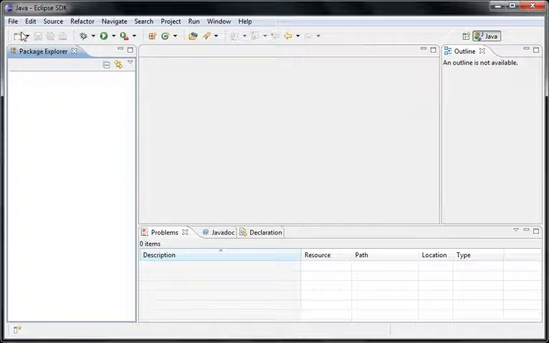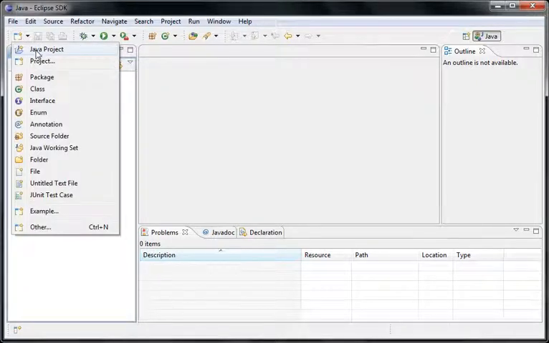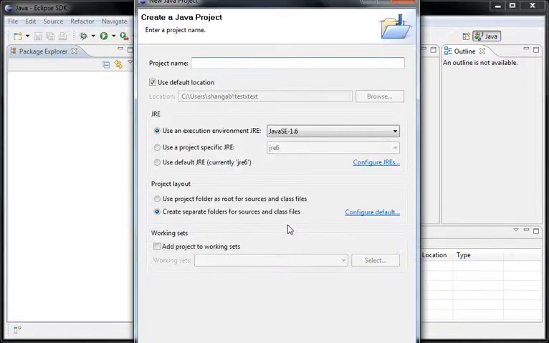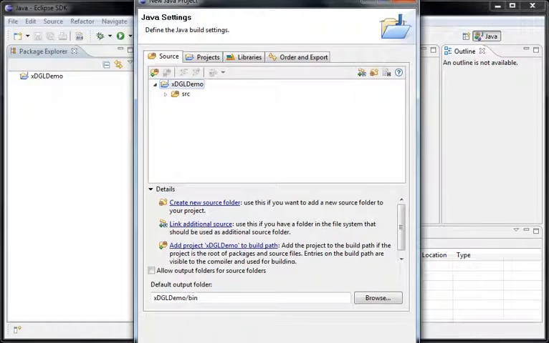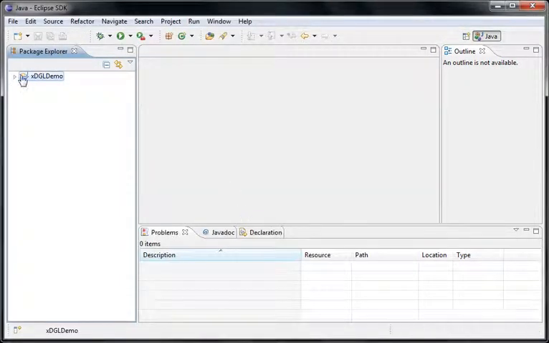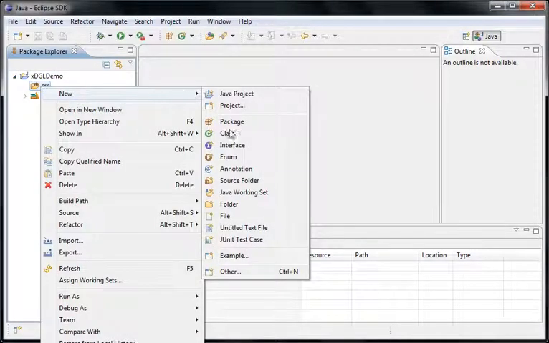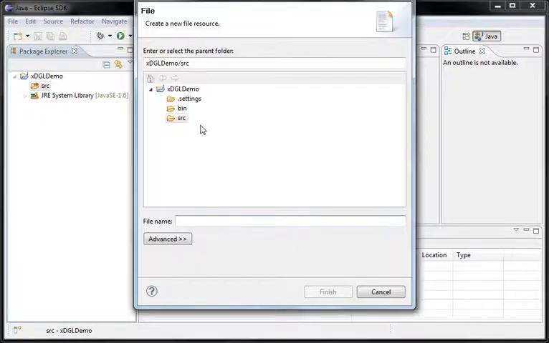I will go to Eclipse. Here I have Eclipse Helios 3.6, and new project, and I will choose Java project. I'll give it the name xDGL demo. Next or finish. Okay, in the source, right click and create new file, and I'm gonna name this file